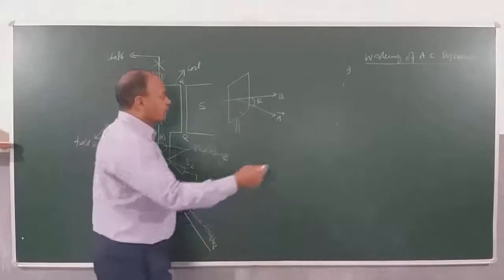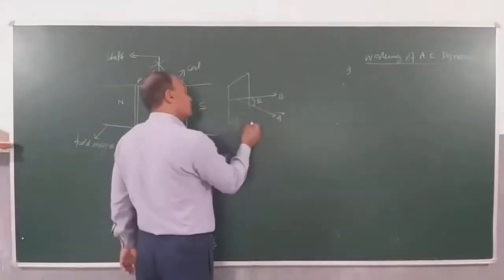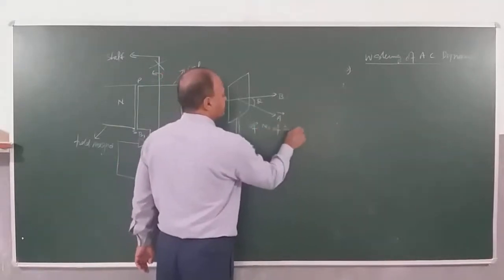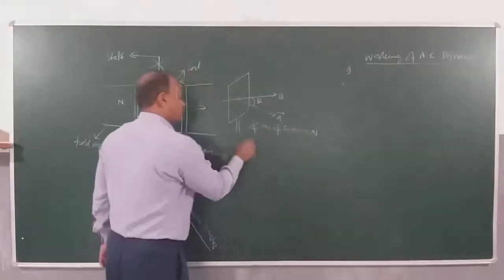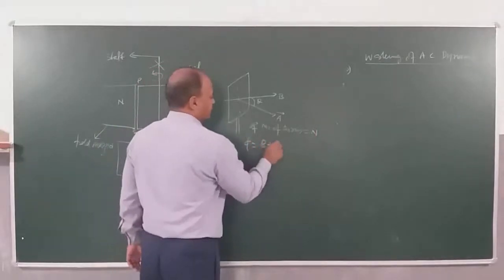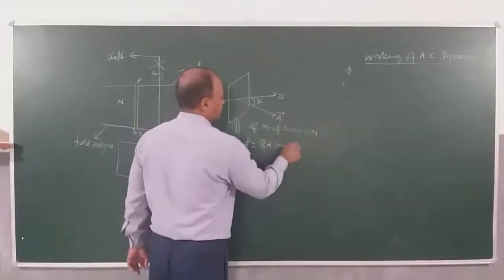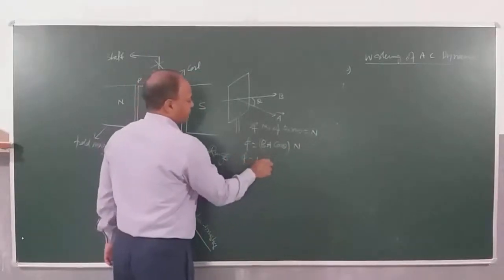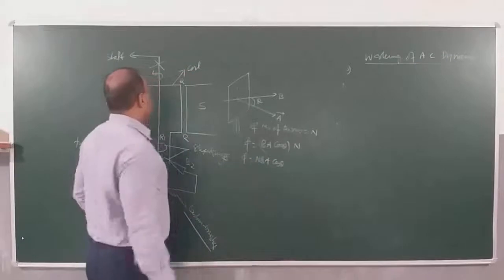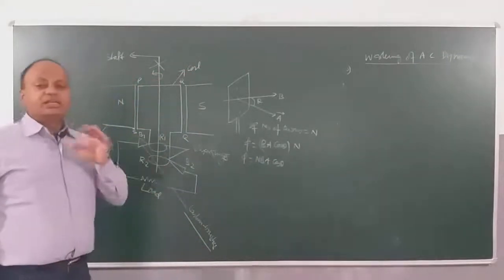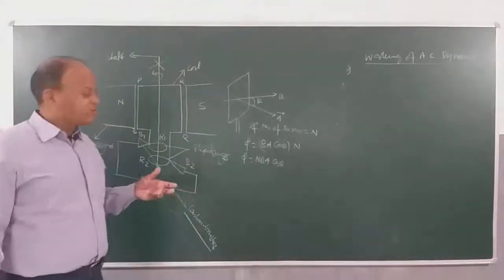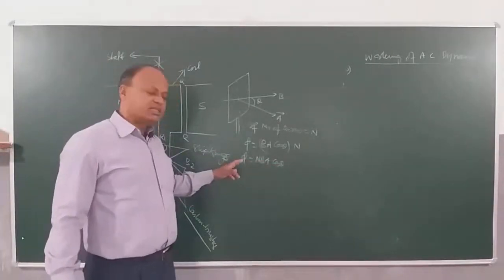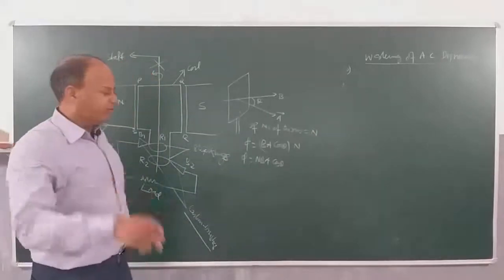If the number of turns in the coil is N, then flux phi will be how much, children? B A cos theta into N. Meaning phi will be equal to NBA cos theta. And remember, the coil is rotating. If the coil is rotating, it must have a certain angular velocity. So as theta is changing, obviously phi is also changing.